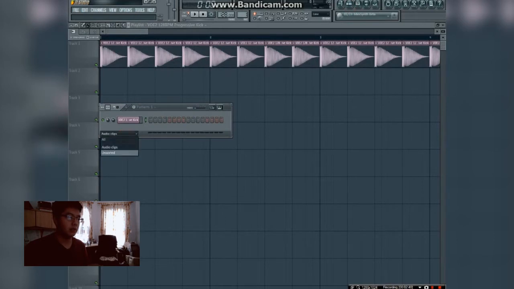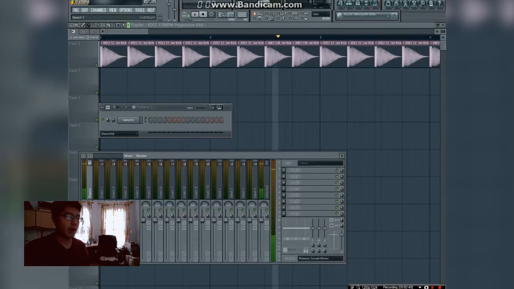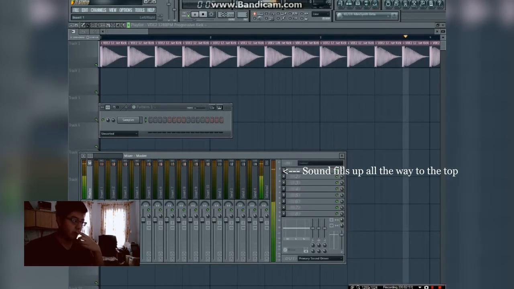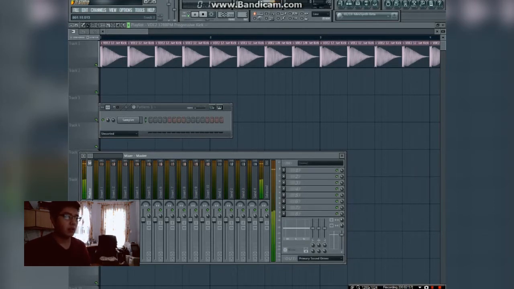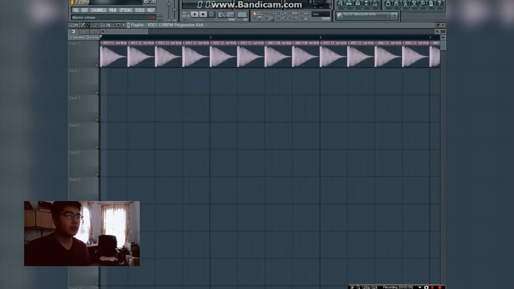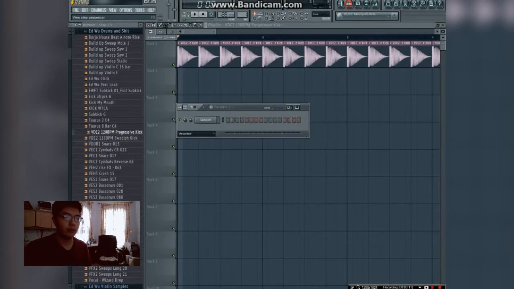This is MIDI, by the way. And the reason why I do that is you can actually hear the difference. See on the master channel how right here it fills up the volume all the way. That is because right here you can see this master volume. This is for audio tracks, and I think this is pitch. Well, I don't really know why, but when you drag it into MIDI,